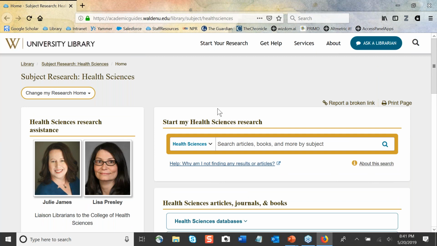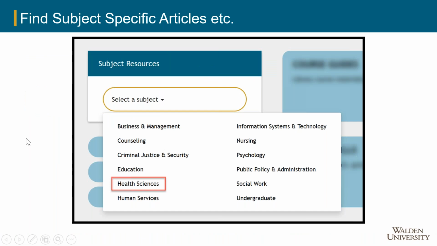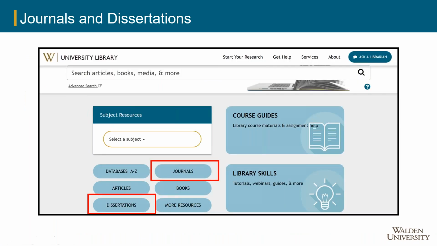Okay, I just want to make sure I covered everything from there. Now I want to talk quickly about some of the other resources you can find that are linked on the home page. If you're ever looking for a specific journal, maybe you have a journal that you really like, you're familiar with, or you know it has a ton of research that's going to be